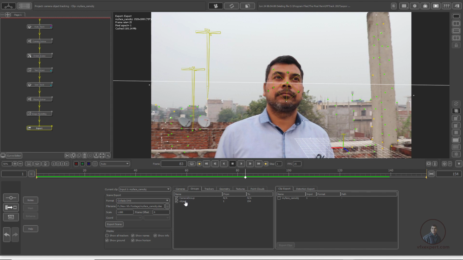Before exporting, if you want, you can check it here. Here we are getting two groups. The first group, the camera group, is for camera tracking, and the object group is for the object motion. Now we are going to export two motions here, because this is a camera plus object tracking shot. Finally, with all these settings, we have to click on export scene. This is the most important thing, only then will it export. So now click on export scene here. Export succeeded.